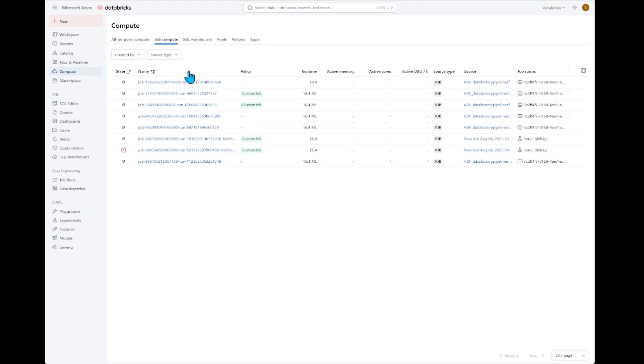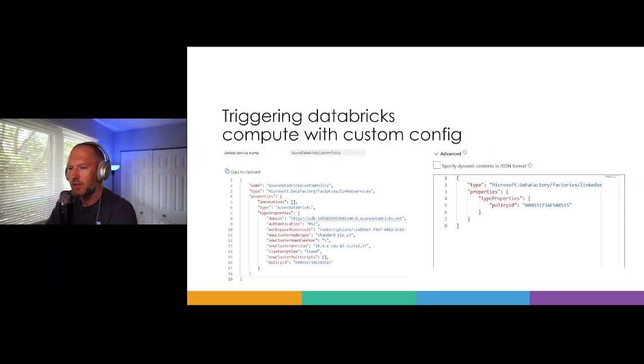And let's refresh the page. Yeah. You can see a new job compute is set up, and you see our policies that we predefined as an additional configuration in this particular case. So that works, and that's it what I wanted to show. Let's switch to the presentation.